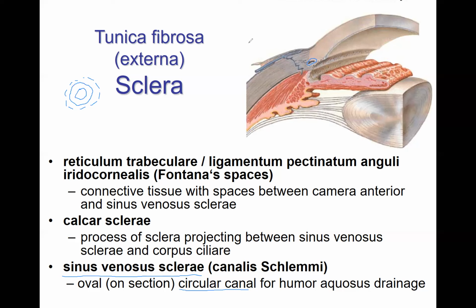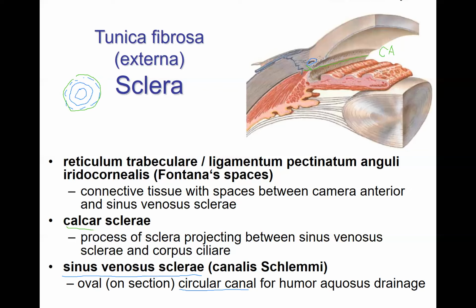Then we have another structure. Another structure is called calcar. It's this one, and it's also a circular structure. So you can see it here. It is also going like this around. So another circular structure, calcar, and it's just a process of the sclera which is projecting inside this space. This space is called the anterior chamber, camera anterior, and it's filled with fluid, the humor aquosus. And the last structure